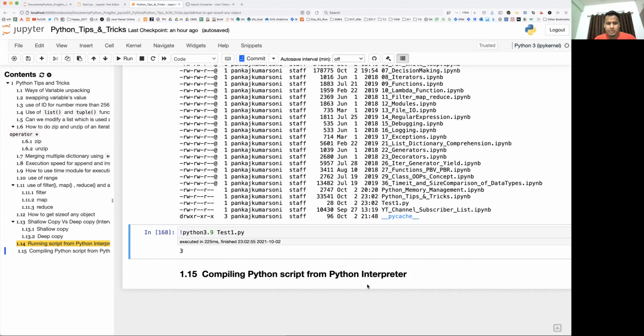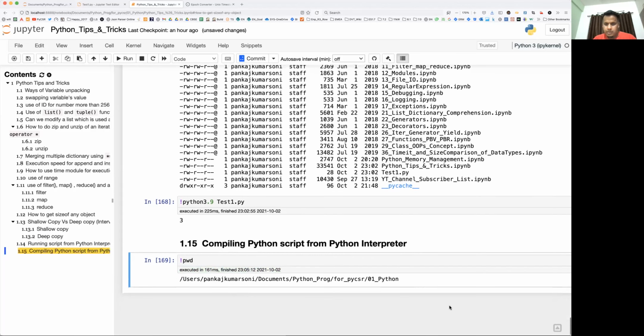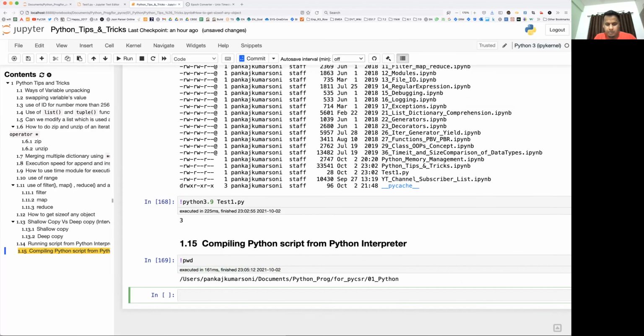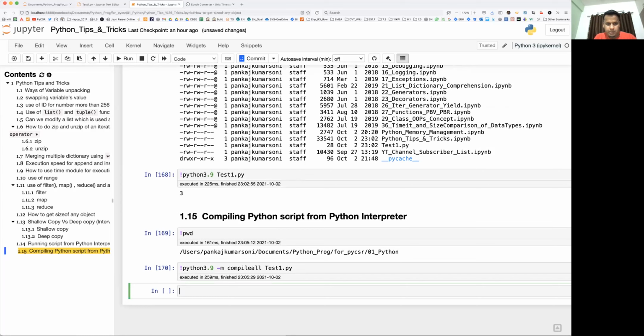Let me show you using this. What is my pwd? This is what I have. Now we have this command, python 3.9 -m compileall test1.py. Then we have this __pycache__.